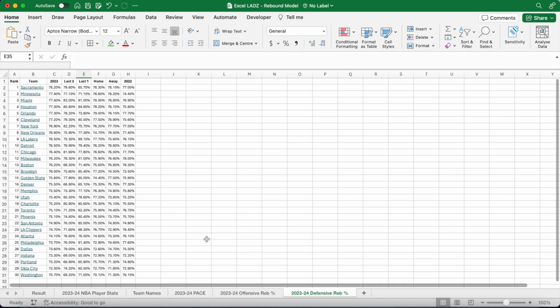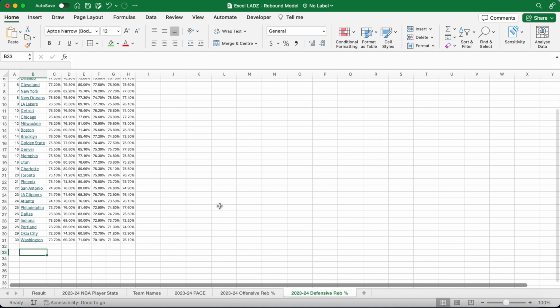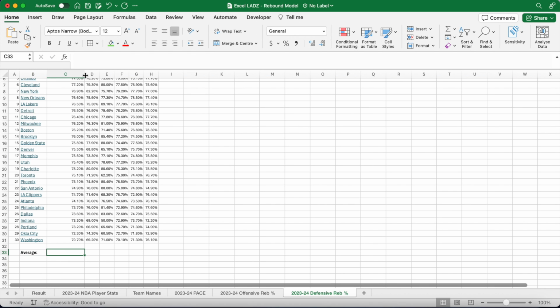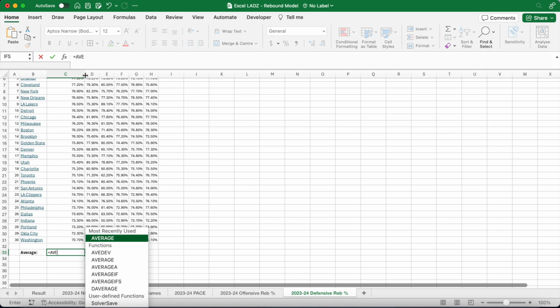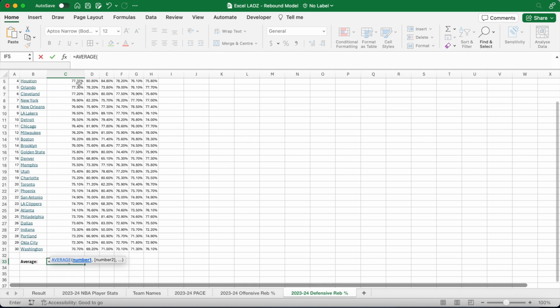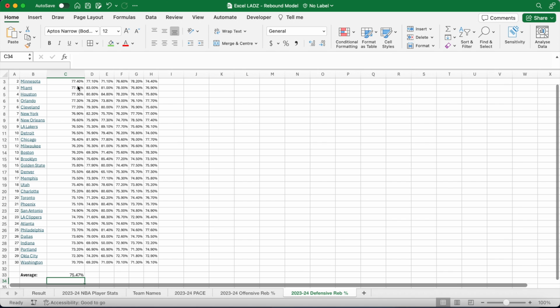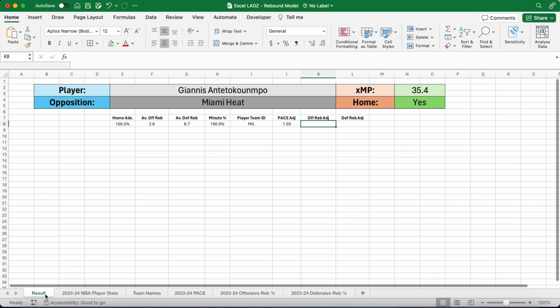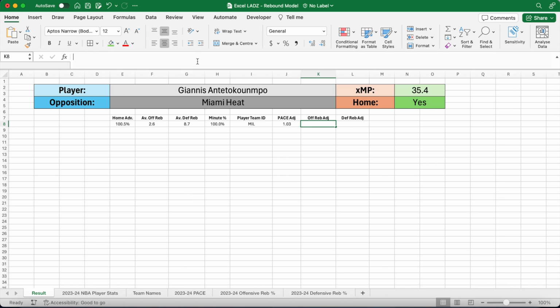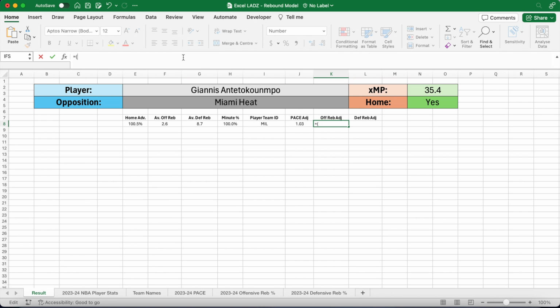And when you're there, it's the exact same formula. So in B33, put the text average, and then beside it in C33, use the average function to find the average of the range C3 to C31, which is the average defensive rebound percentage across the league. Press enter on that, and here my average is 75.47%. If I go back into the result worksheet, I can now use these values to calculate the offensive rebound adjustment